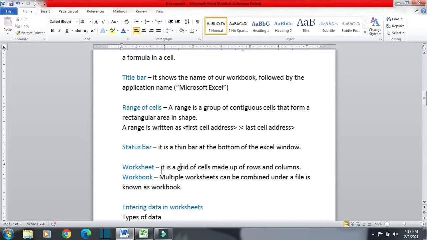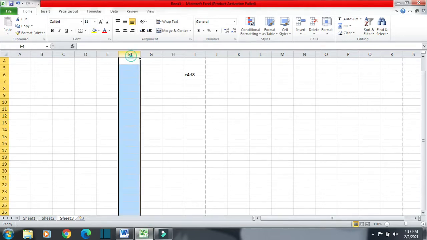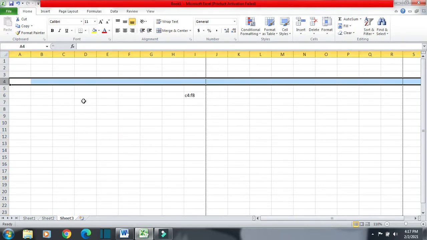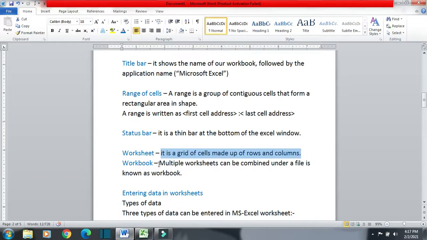Next thing is a worksheet. We have defined worksheet before also. It is a grid of cells made up of multiple columns and multiple rows. This is a worksheet: worksheet number 3, worksheet number 2, worksheet number 1. Workbook: multiple worksheets combined under a file is called a workbook.